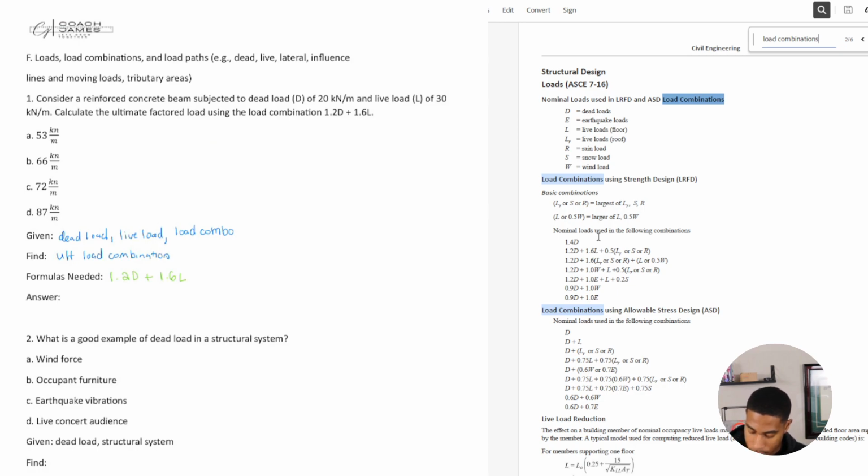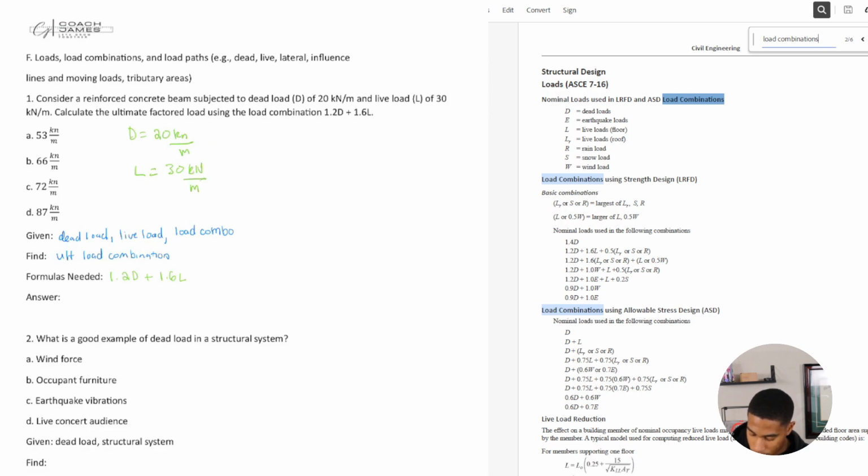And if we do that, what is the ultimate factored load that we will get, right? So what is my dead load? Yep. So my dead load is going to be equal to 20 kilonewtons per meter. My live load is equal to 30